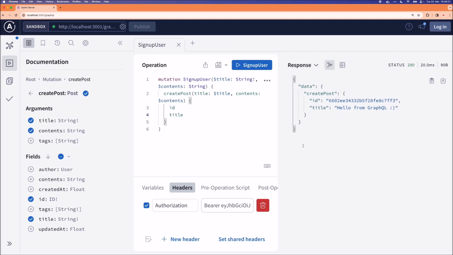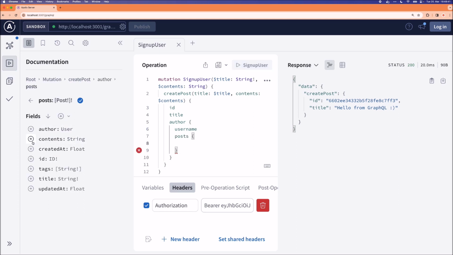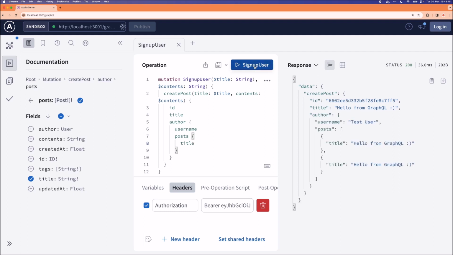Now, if we want to make sure that this is really from the currently logged in user, we could now go to the fields, add the author field, and here it provides us with the same options that we had in the query. We can also get the username and a list of all posts that the author has. So let's do the same here, run the mutation again. And here we can see that the test user has 2 posts called hello from GraphQL because we made 2 mutations like that. So as we can see, GraphQL is very powerful for these kinds of nested queries and mutations,